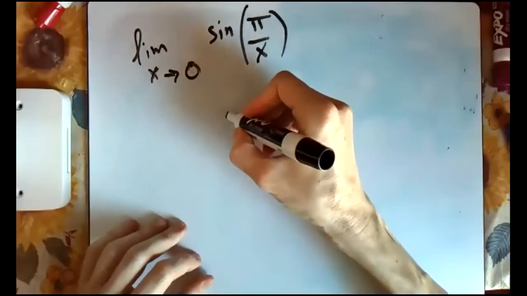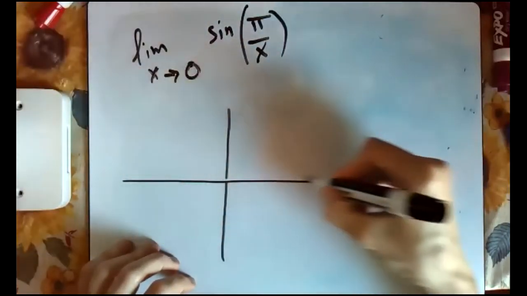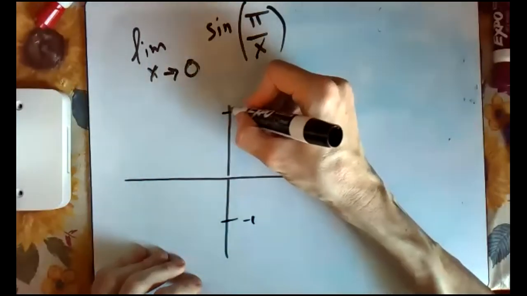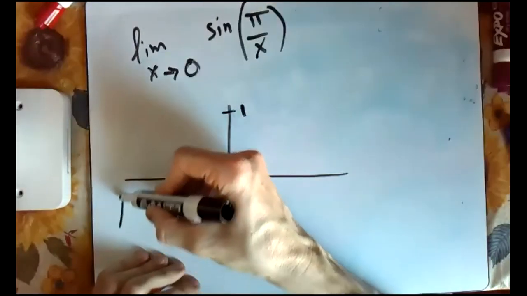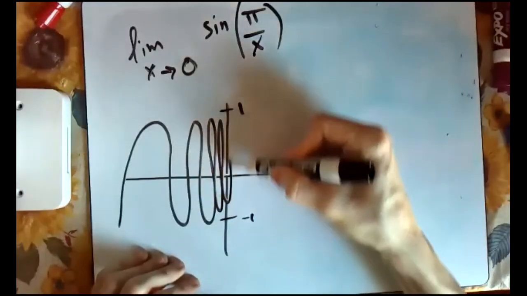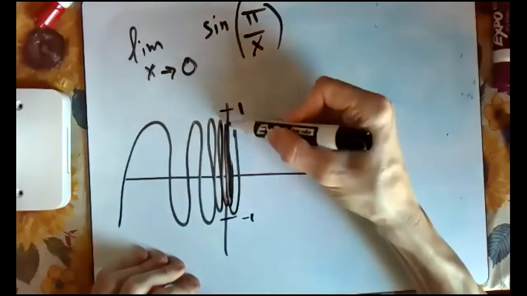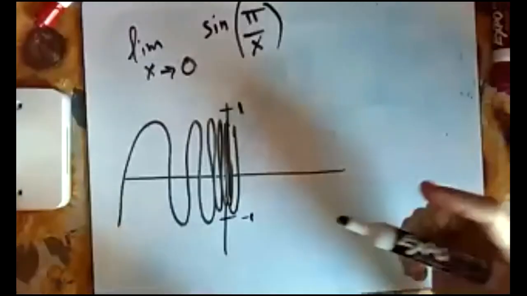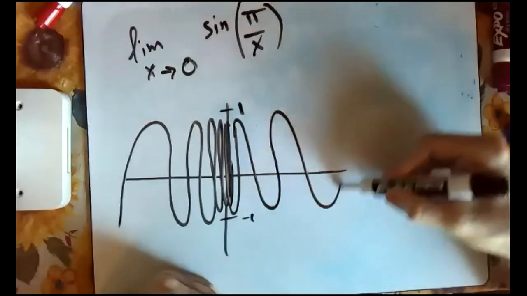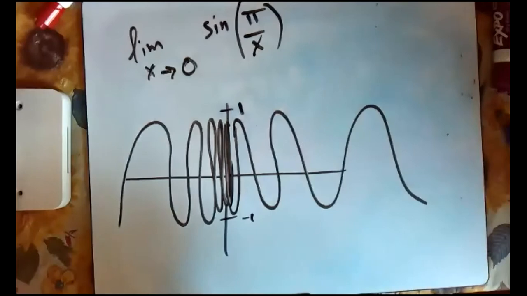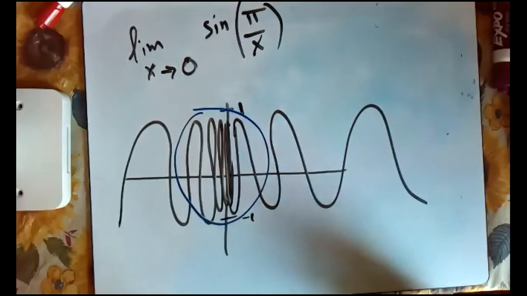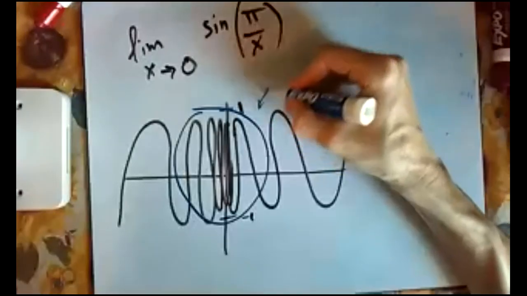All right, so our graph was basically this right here, -1 and 1. So basically, as we got closer and closer to 0, our curve began to bounce really quickly between -1 and 1. And then as I went away from x equals 0, it kind of got wider as time goes on. But when you see something like this, some squish on a curve like this graphically, it means that it's